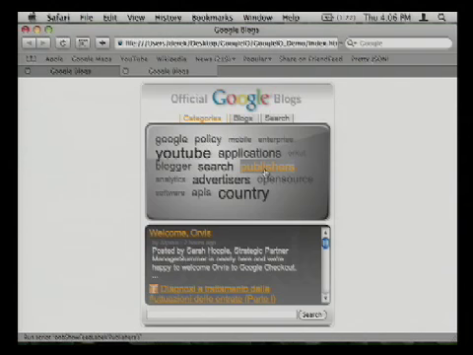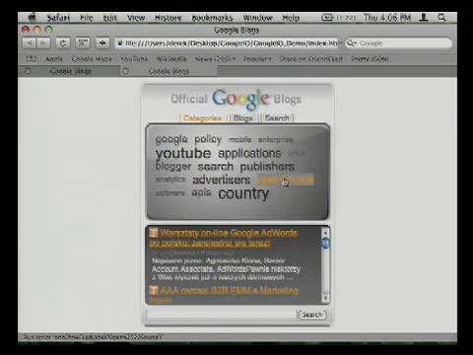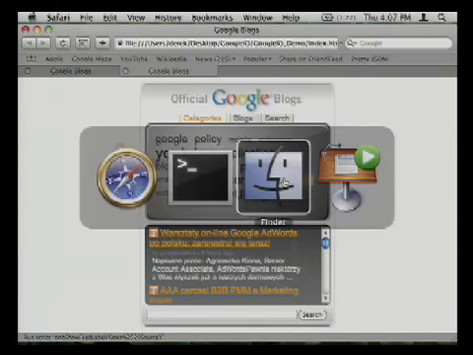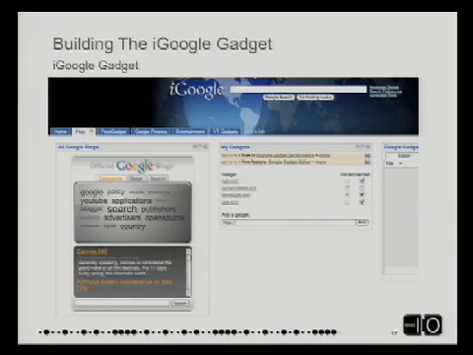Google strives very, very hard to make things very, very fast. If anyone saw Marissa Mayer's keynote this morning, she talks about how important it is. And I think everyone at Google takes that very personally. I know that the AJAX team does. So this is live. This is not canned. Every time I click on this, it's going to Google, and it's coming back, and the T's are coming back because we're sending those out for every single entry. So now let's wrap it up into an iGoogle gadget.